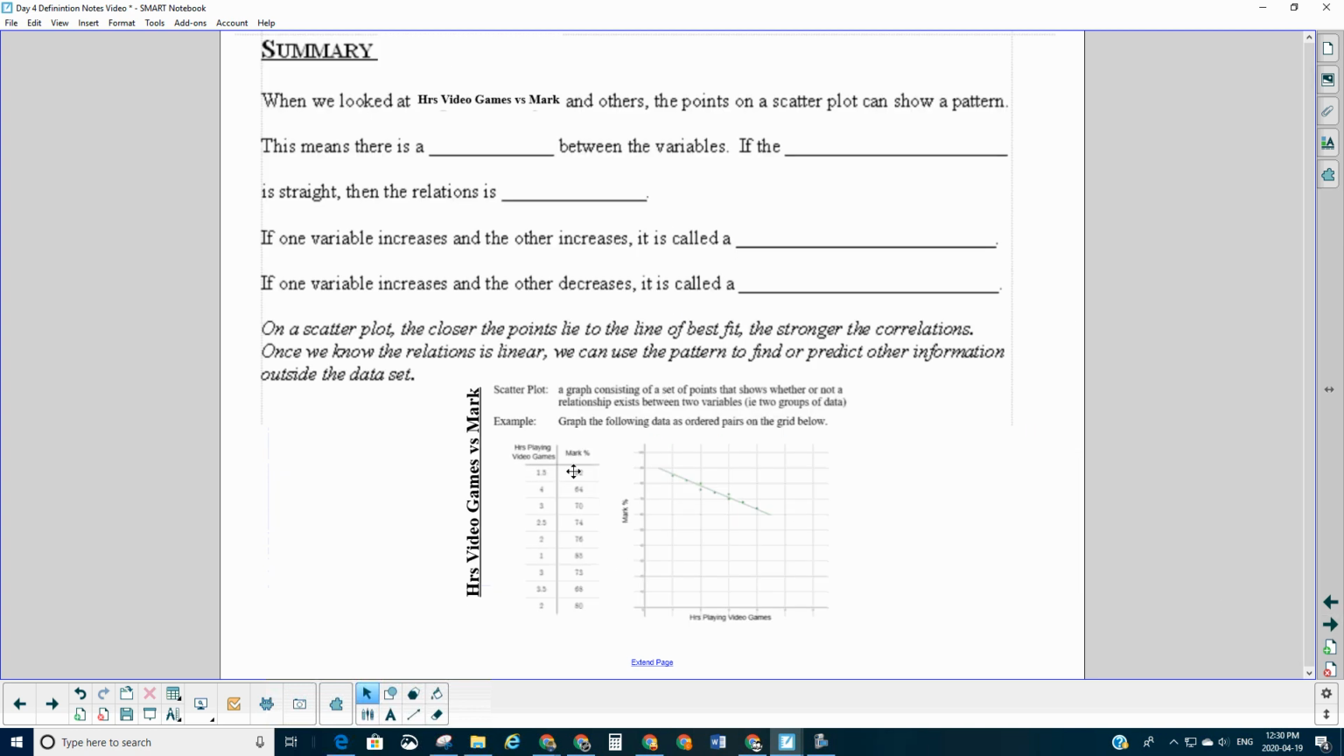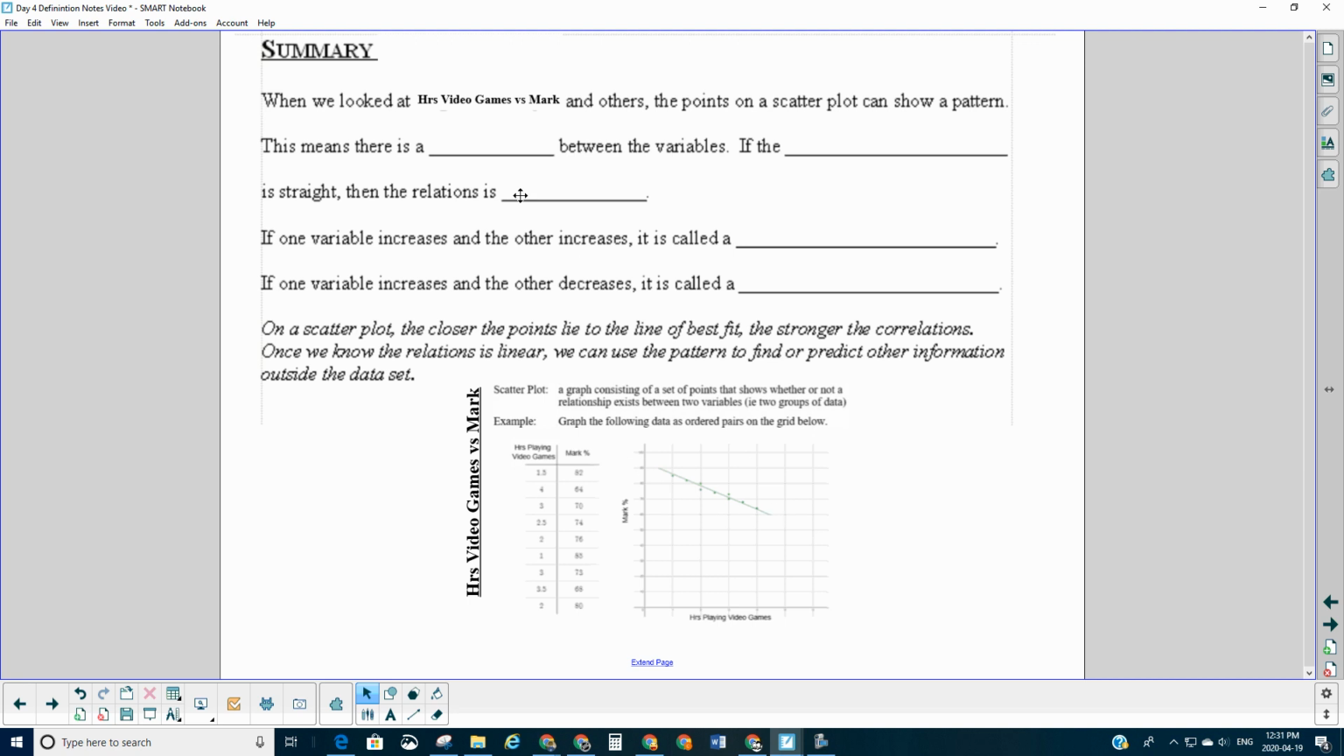All right, so in summary of what we've done up until this point, we can remind ourselves of two days ago, where we were doing some comparison here. Remember the hours of video games played versus marks. Here we had the number of hours that certain people played a video game and their mark, and we saw some sort of connection with that. The scatter plot showed some sort of pattern,